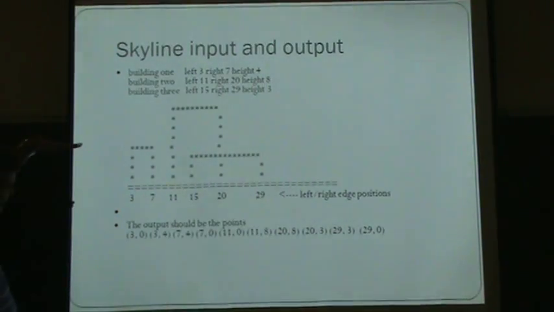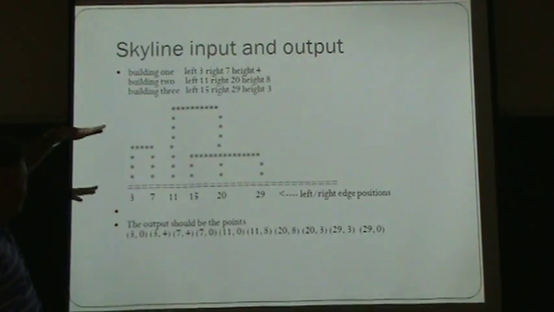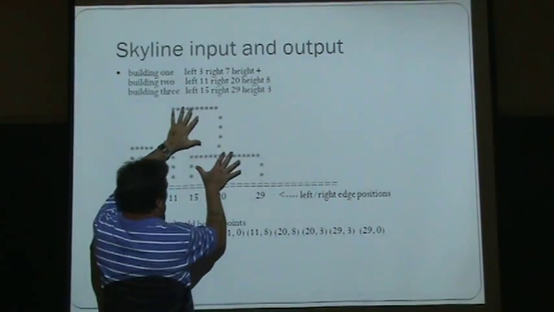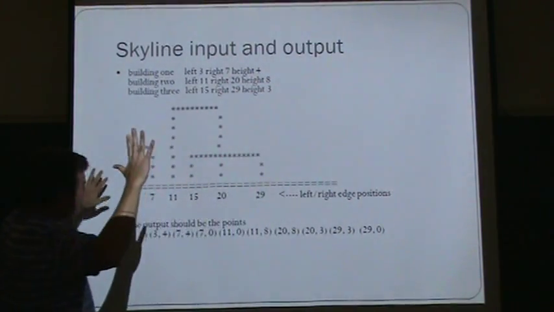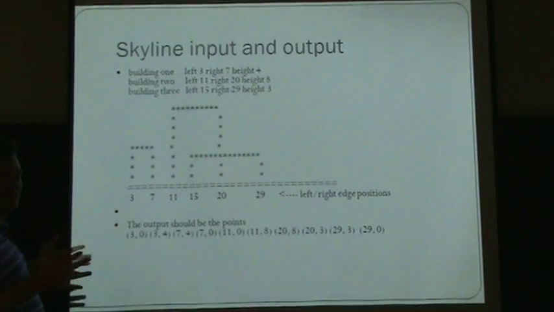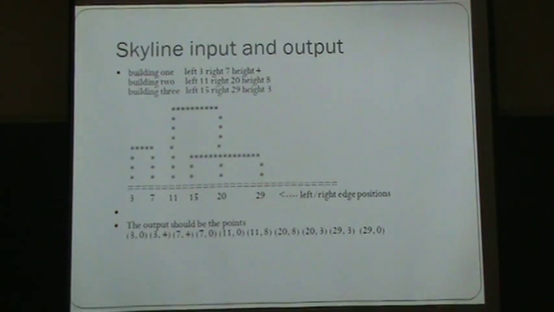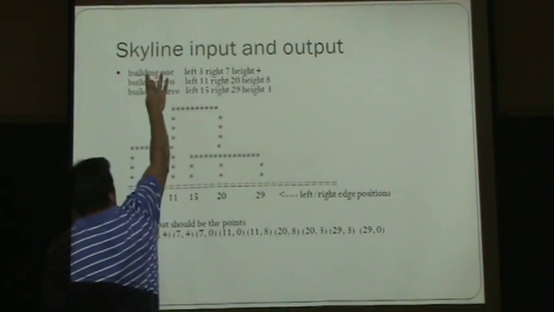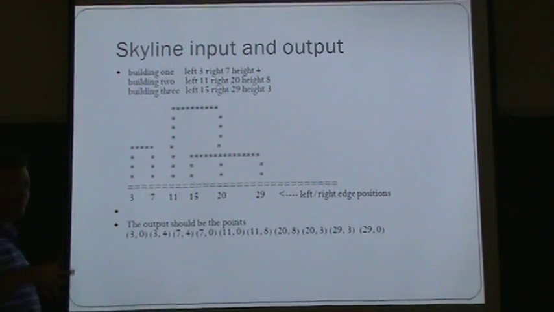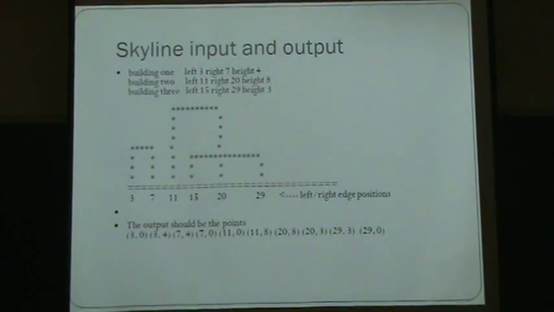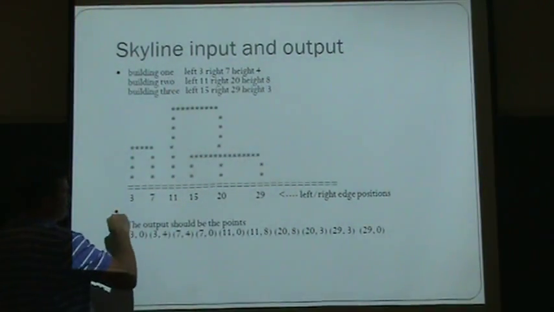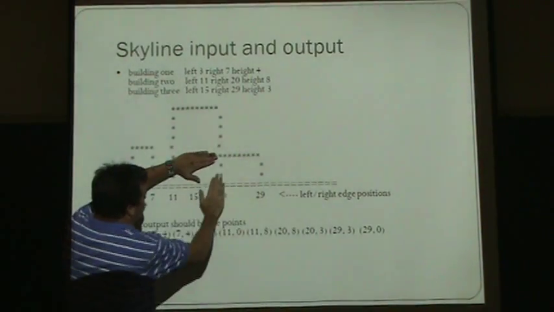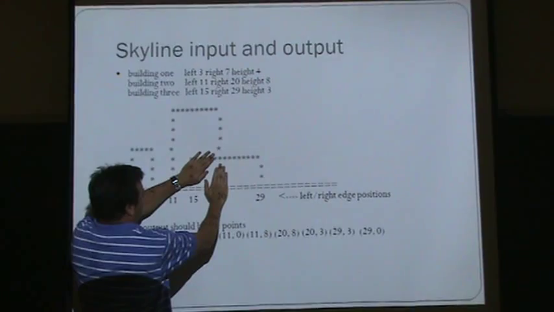Now, let's say it's dark out, so we can't tell if this building is in front of this building; it doesn't really matter to us. We only see a building or no building. We can't tell which one's in front of the other. If this was our input, and we could have many, many buildings, I just gave 3 as an example here, we want to print out as the answer what the skyline looks like, which is basically what's left if I got rid of this part, where the buildings overlap.